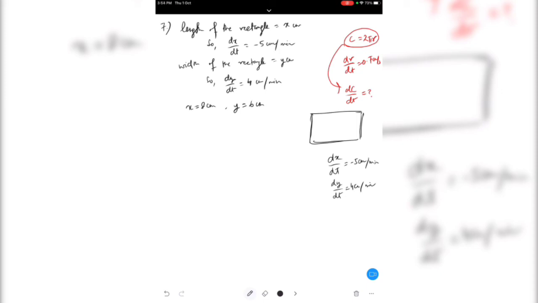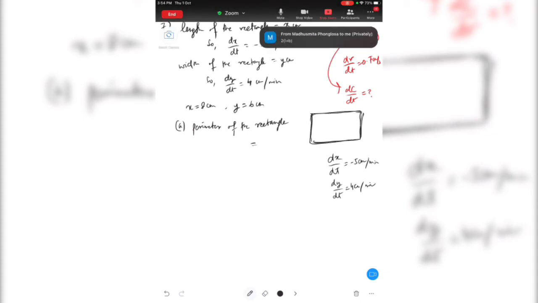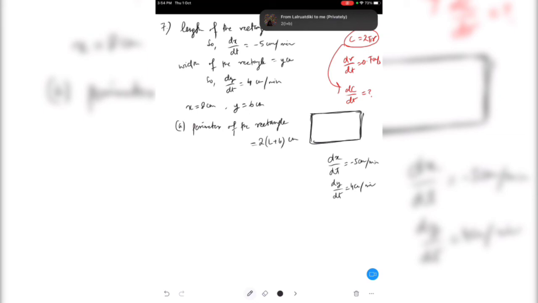The first question is find the rate of change of the perimeter. Then the second question is find the rate of change of area of the rectangle. Okay, what is perimeter of the rectangle? What's the formula? Perimeter of the rectangle is what? Everyone forgot. Just add the sides. Yes, 2 into (L plus B). That's right. So that's my perimeter of the rectangle. So I will write this one to be P. But we have to find the rate of change of perimeter of the rectangle.